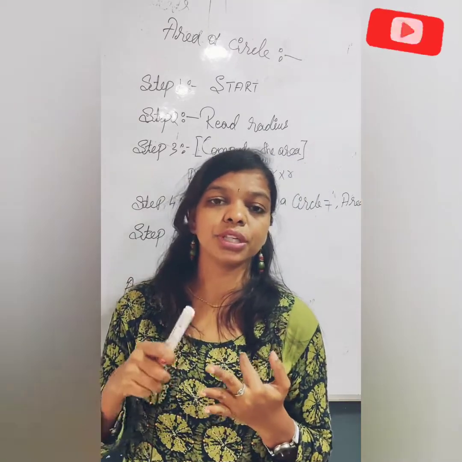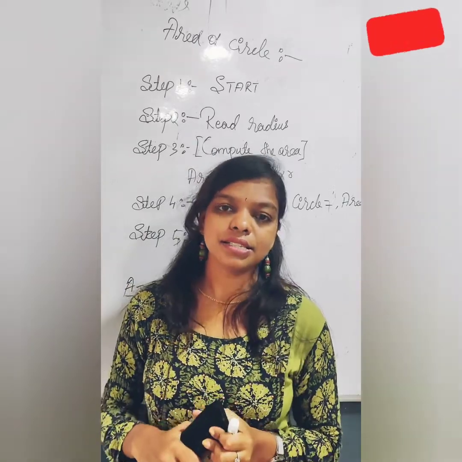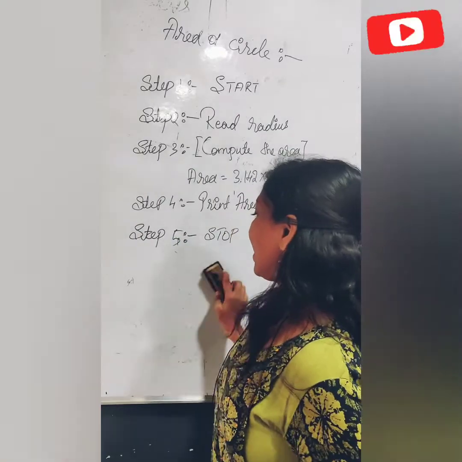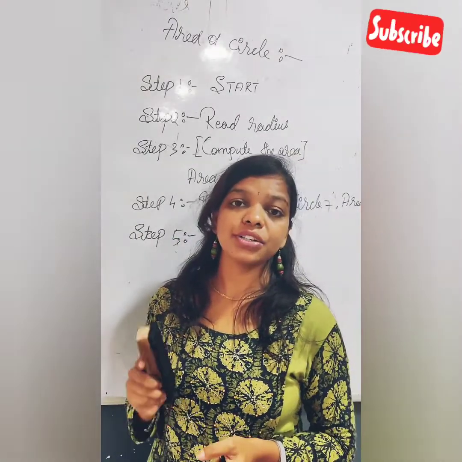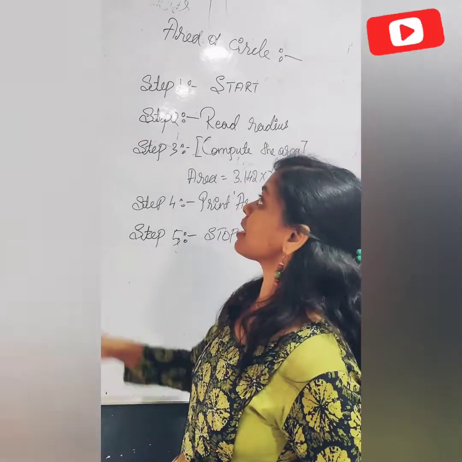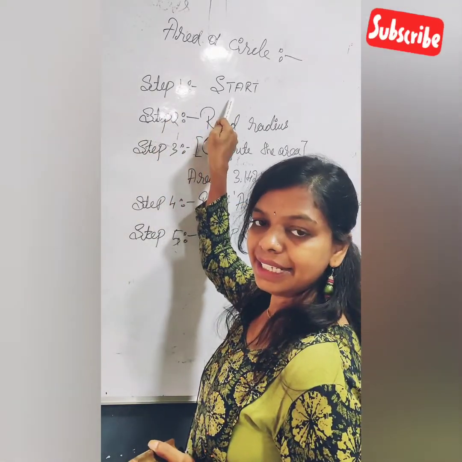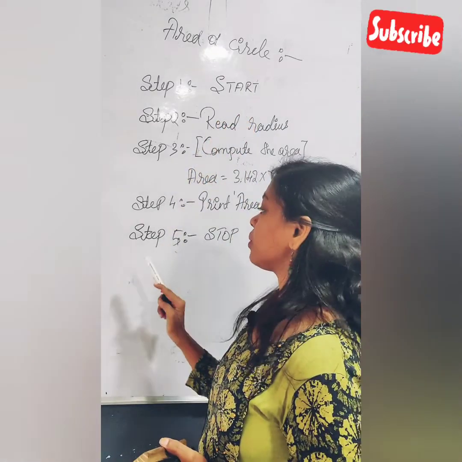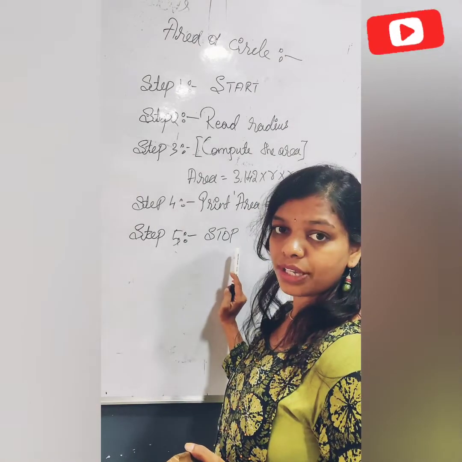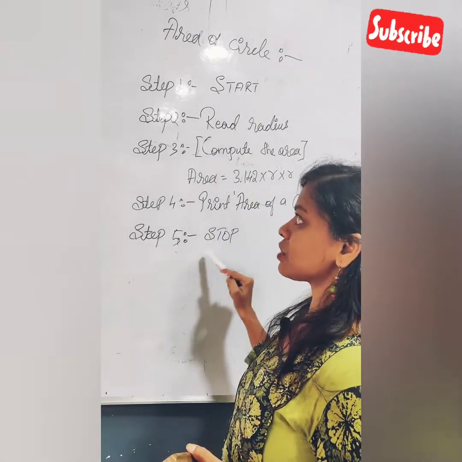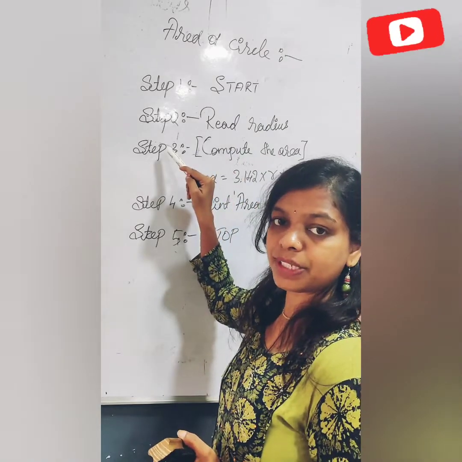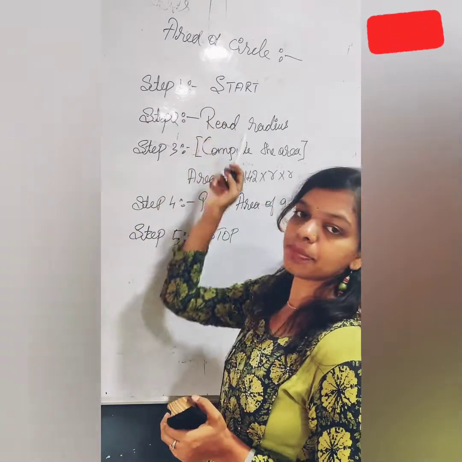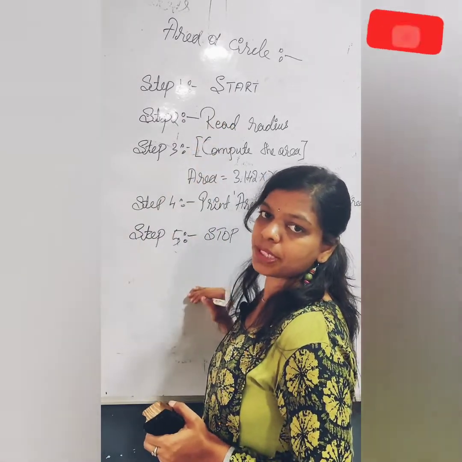We have the input and output, and now we have to write it in steps. Now let us see how we are going to write it in steps. Every algorithm must start with the first step called start. It indicates that the algorithm is going to start from here, and every algorithm must end with the step called stop. In between start and stop, there can be any number of statements. That's not a problem. But every algorithm must start with the start step and must end with the stop step.